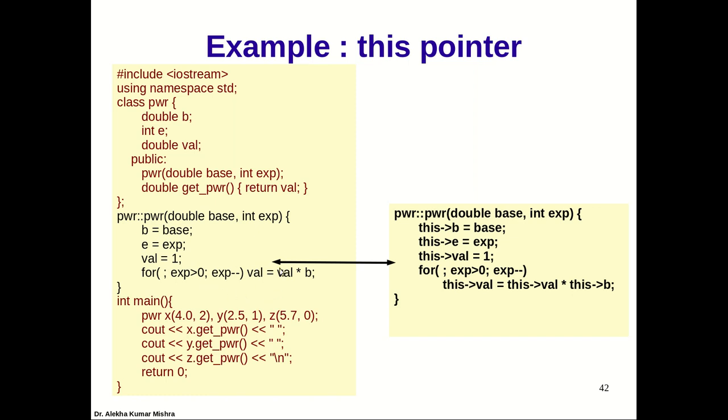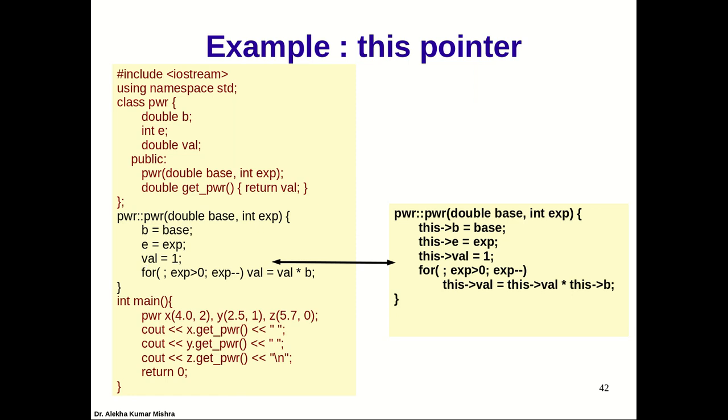So when an object of the power class is created and the base and exponent are passed, after creation it initializes the values of b and e and also computes the value of b to the power e at the same time, right here only. So to distinguish the data members here, we can use this pointer. Remember, this pointer is used mostly within member functions only, because this pointer refers to the object which has invoked the member function, and it is implicitly available.